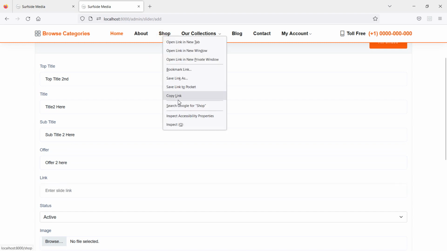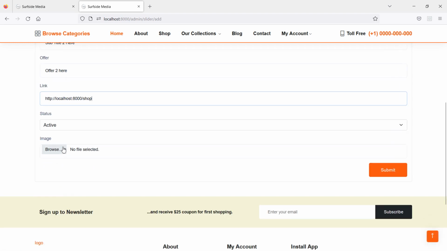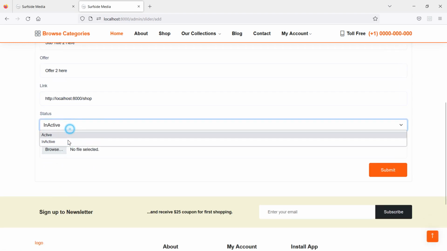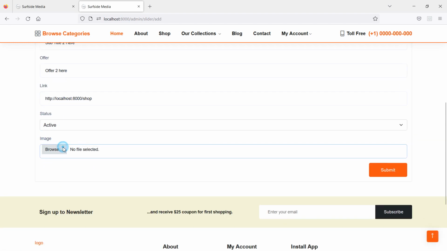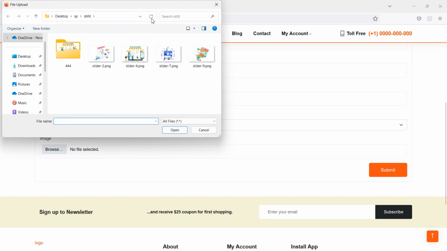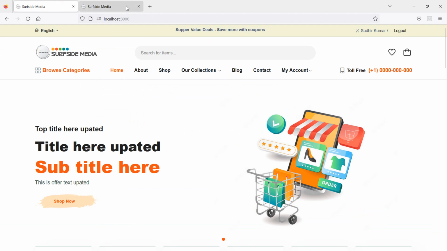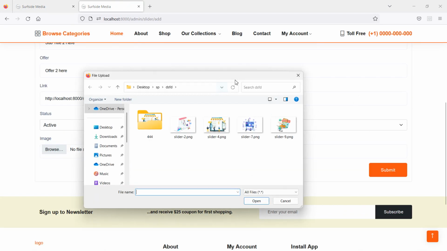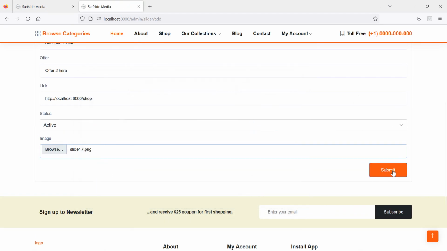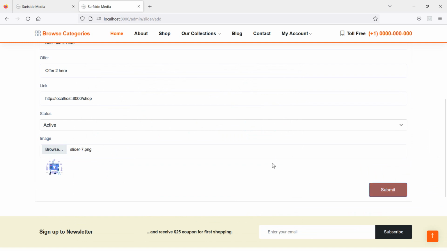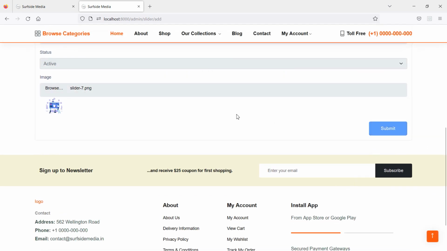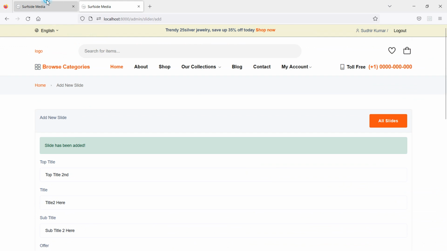Let's add the link. The status active. Okay, and add here the image. Just adding this image. Click on submit. Okay, added. Now just refresh the page